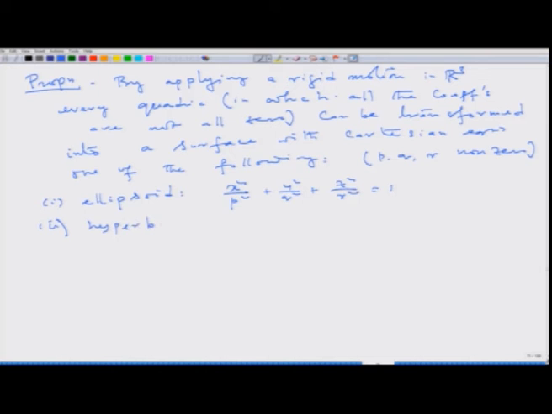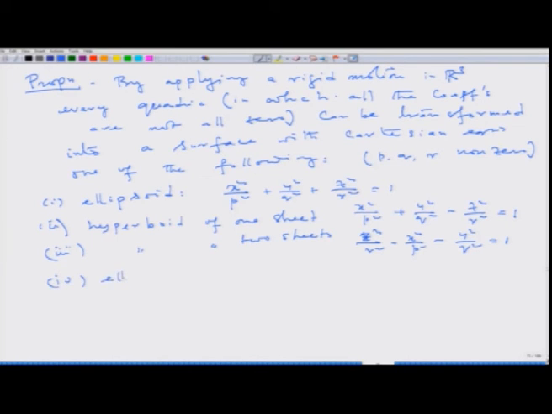Hyperboloid of one sheet, this is x square by p square plus y square by q square minus z square by r square equal to 1. Hyperboloid of two sheets, that is z square by r square minus x square by p square minus y square by q square equal to 1,